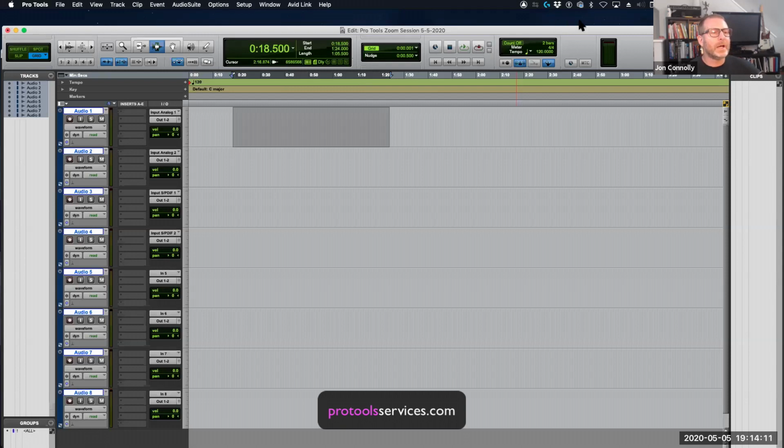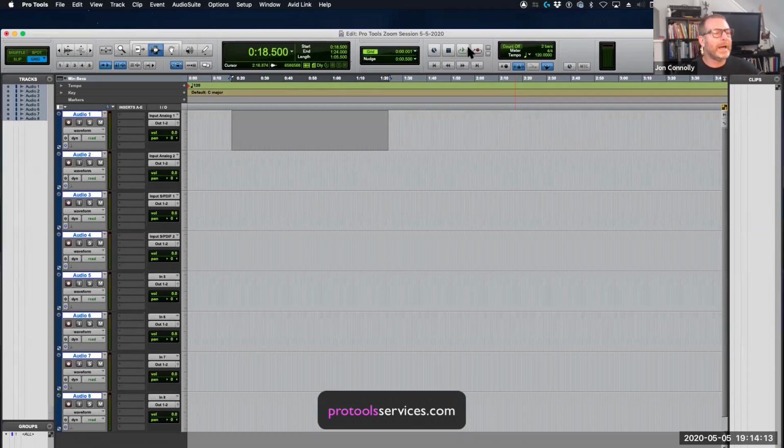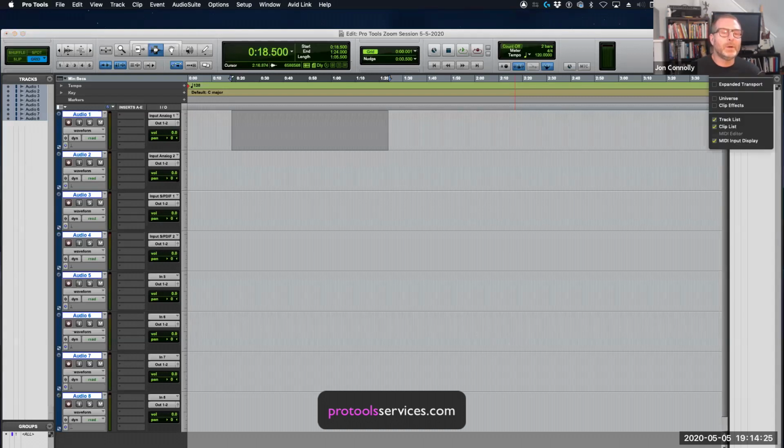Over here on the top section of the edit window, I have the transport and the MIDI controls visible. You may not see these on your screen. If you don't, go to the upper right corner of the edit window. There's a little menu up there, the edit window view selector, and this will allow you to show or hide different functions up there on the top of the edit window.